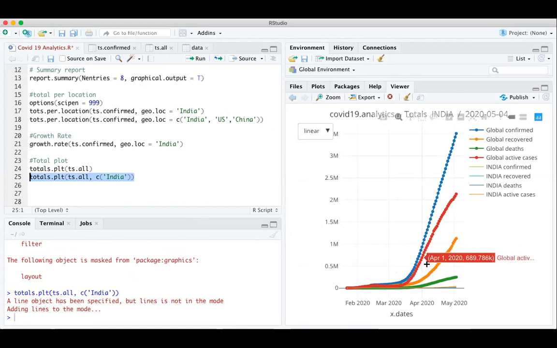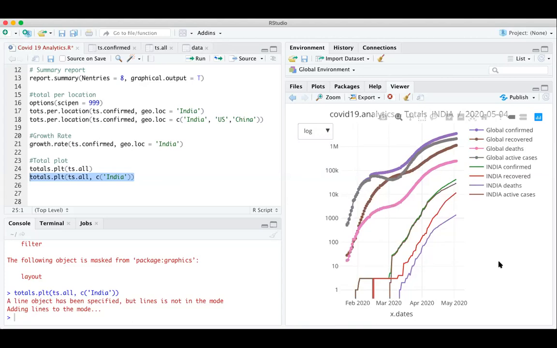Okay. So the India cases compared to overall are definitely less. So what we can do is move to the logarithmic scale. Now in the logarithmic scale, you can see for India, the green line indicates the confirmed cases, 39.69K. However, for the whole world, which is bigger than India, obviously, we can see that in the databases itself. So this is nothing but a total plot and the comparison with the country.